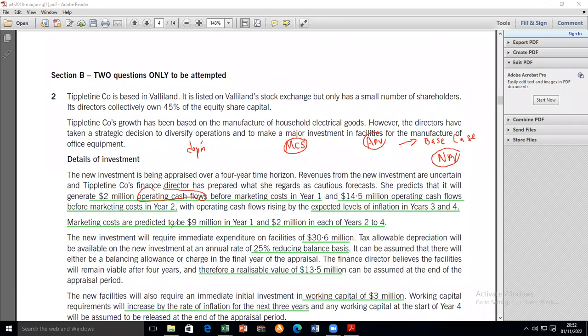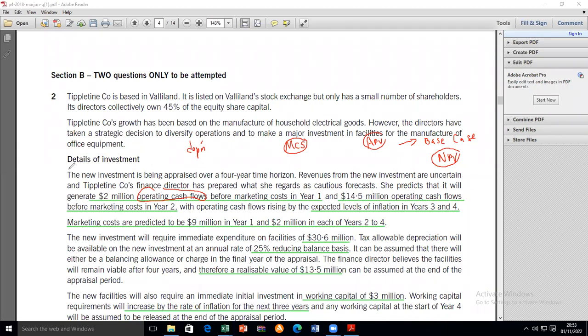So from this particular question, the cash flows are very straightforward. She predicts that it will generate 2 million operating cash flows before marketing costs in year 1 and 14.5 million in year 2, with operating cash flows rising by the expected levels of inflation in years 3 and 4. Marketing costs are predicted to be 9 million in year 1 and 2 million in each of years 2 to 4. So already from here, in your framework,